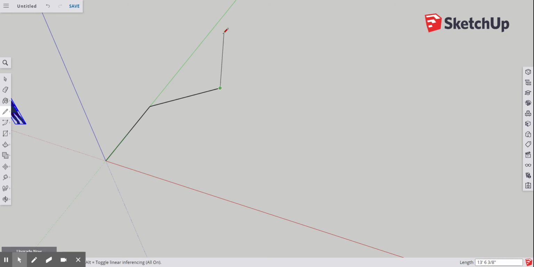So if you had done this example, all you have to do is click this little back arrow, and it'll take you back. Control Z on your keyboard works as well. If we wanted to continue,